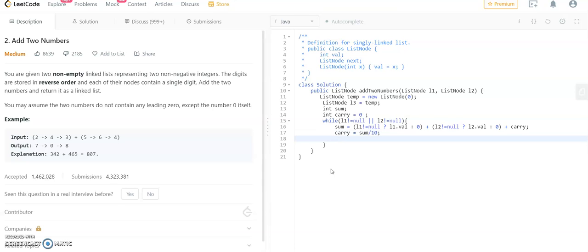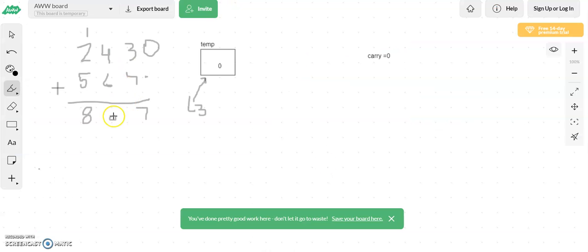And we want to now create another list node. Let's name it as new node, new ListNode, and we want to store the value of the least significant digit, like 4 plus 6 is 10, and we want to store the value of 0 in another node.